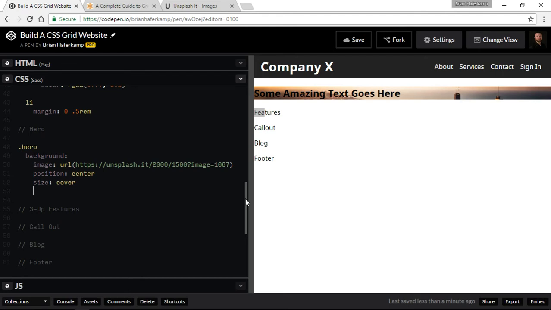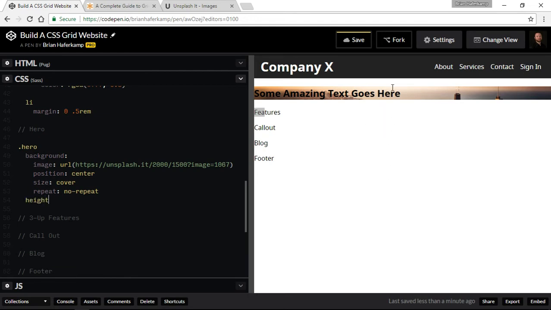So it's important when you're going to use that to have really good images, pretty big sizes. And the last one that we need to do, I just like to put this in. It never really comes up a lot, but I like to make sure that it's covered. So repeat is no repeat. If we run out of room somehow, which we shouldn't with the size cover, but if something should happen and the image cuts off and starts repeating, I don't want that to happen. So I usually put that in there, and then we need to create a height,